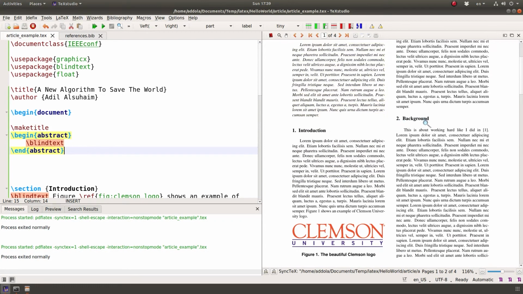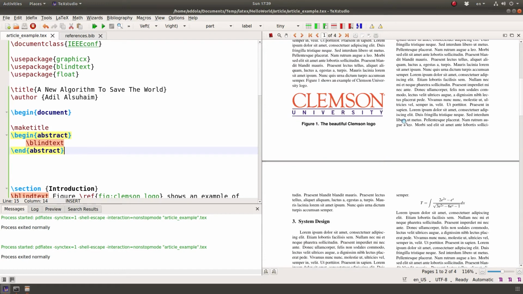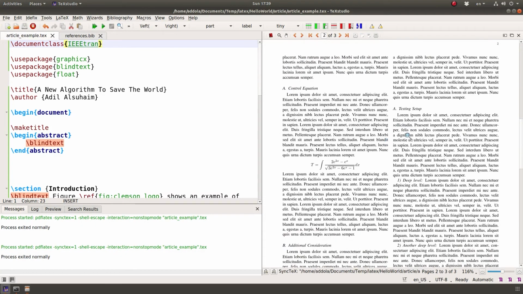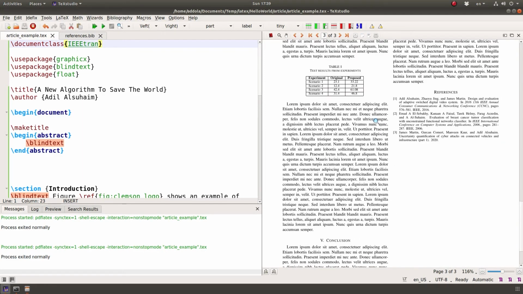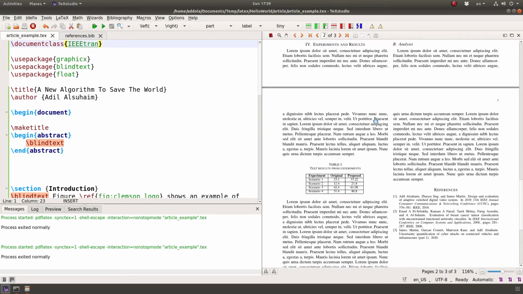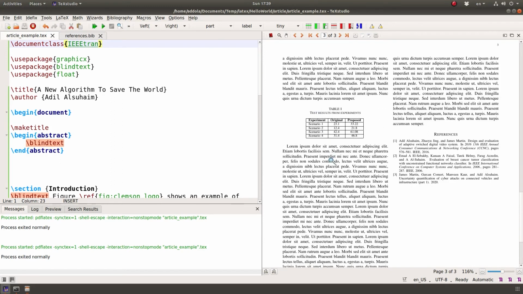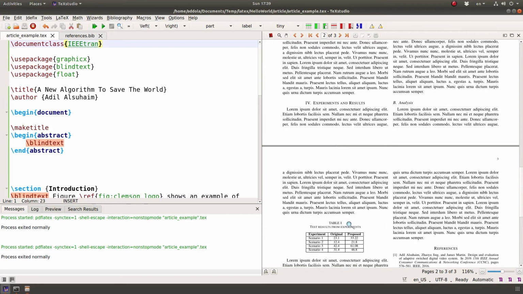So as you can see, this here is the IEEE conference. The formatting is done in a certain way, like table 1, test, whatever. But the IEEE TRAN will use different numbering and different formatting. If you look here, it's A as opposed to point something. And the table is also different: the description of the table is all in all caps, right?